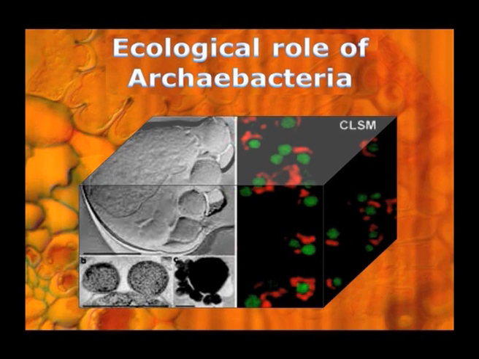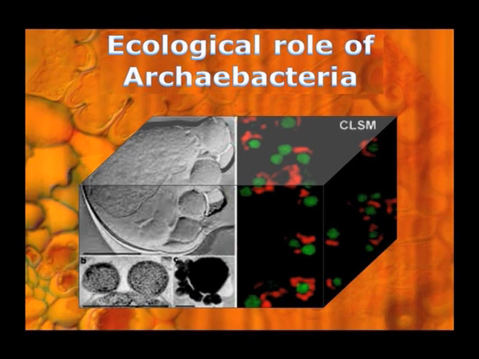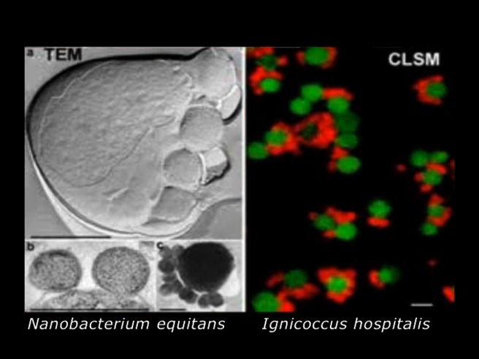Ecological role of Archaebacteria with respect to interactions with other organisms. Number 1, they have some sort of parasitic character. You'll be happy to know that some of the archaea are parasites of other archaea. Nanoarchaeum equitans actually resides on Ignicoccus hospitalis, another type of Crenarchaeota. It is very interesting to know.